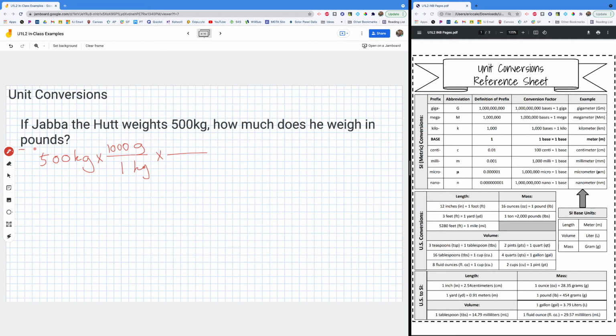I want to know how many pounds. So let's look at our US to SI conversions for mass. I could do all the way to ounces and grams, or I could do pounds to 454 to grams. I'm going to do this one both ways to show you again that it doesn't matter which one you pick, you'll still get close to the right answer. All I need from you is to show that you can cancel units and do this method of conversion. So let's do the easiest one first. 454 grams is 1 pound, and that makes it super duper easy because we're already where we need to be. So 500 times 1,000 divided by 454 is